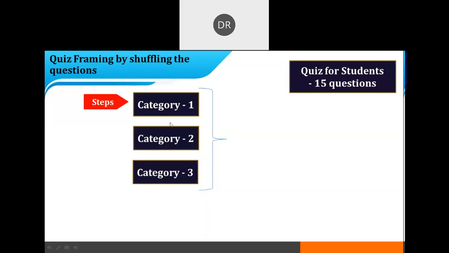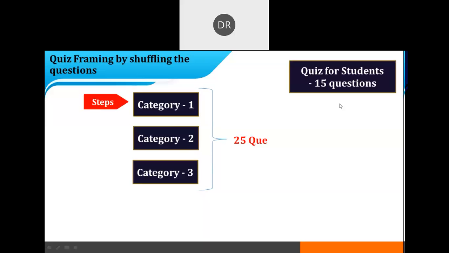For example, I have created or shown 3 categories: category 1, category 2, category 3, with 25 questions. That means I have created a folder with 25 questions for category 1, then category 2 again 25 questions, and category 3 25 questions.